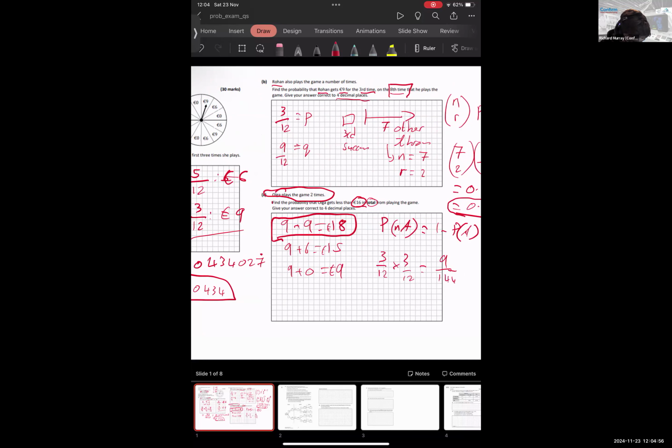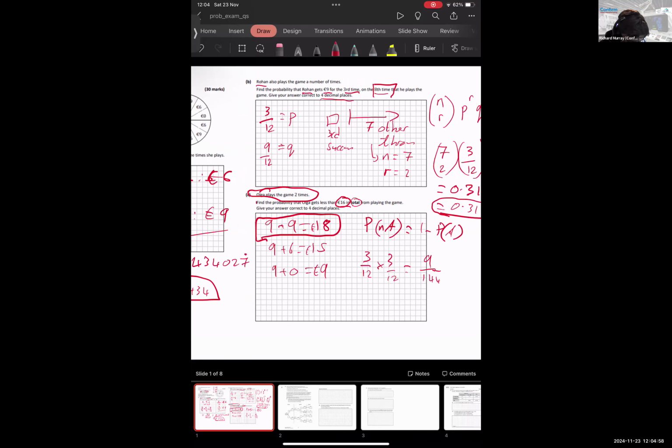So the probability of success. But we're asked the probability that she gets less than 16 in total, which means that we're actually going to do 1 minus 9 over 144, which is equal to